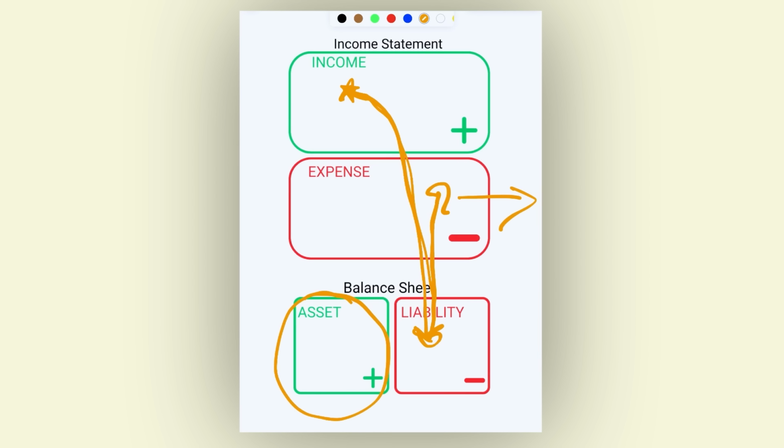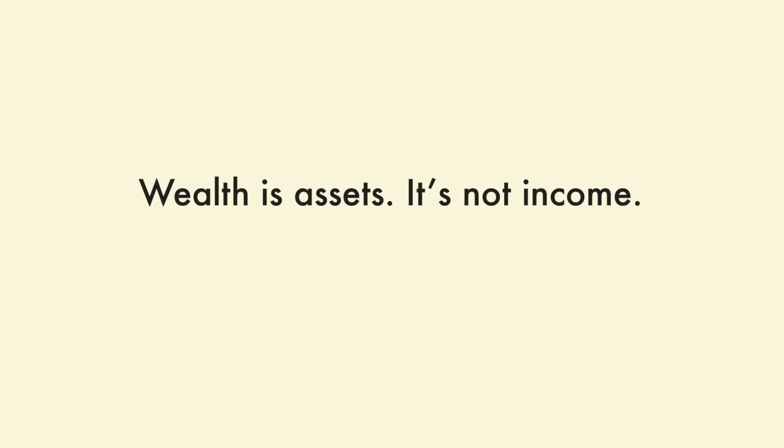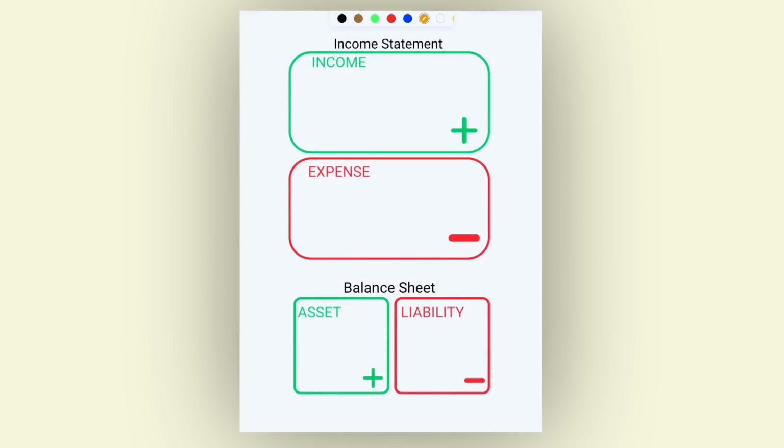And this is why so many rich people look rich, but in reality, they're not wealthy, because wealth is assets. It's not income. Income can be visible when we use it to buy these things, but wealth is often hidden. But let me show you what truly wealthy people do. And even if you're not wealthy, you can still apply this right now to your life. So what they do is when their income goes up, rather than immediately upgrading their lifestyle, they look to add some or a lot to increase their assets. And since assets put money in our pockets, it's actually continuing to increase our income over time.